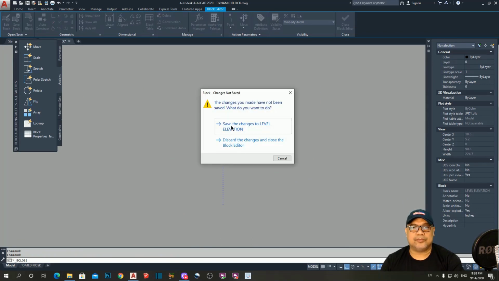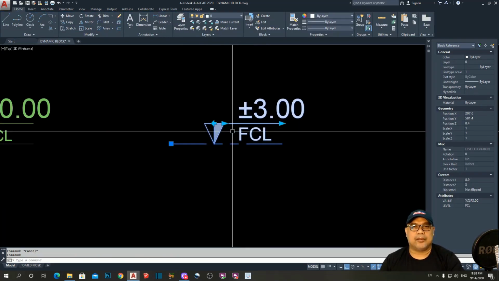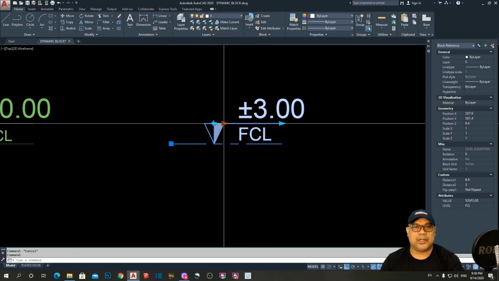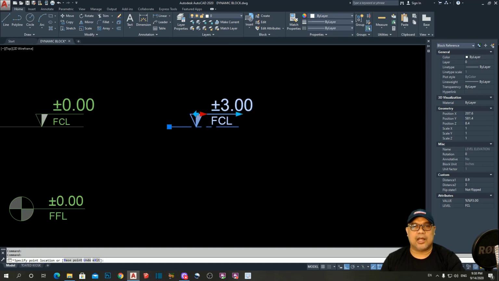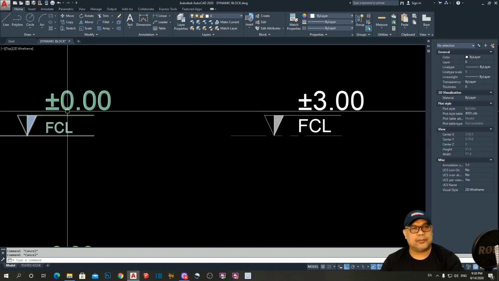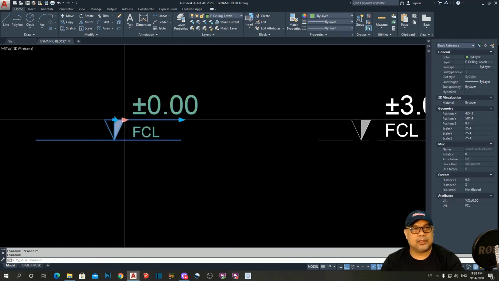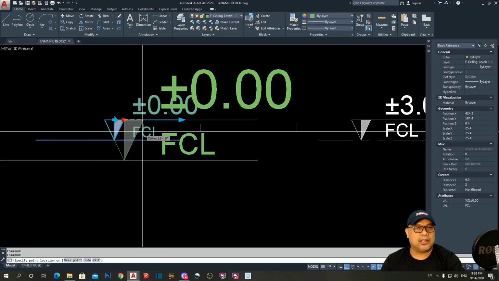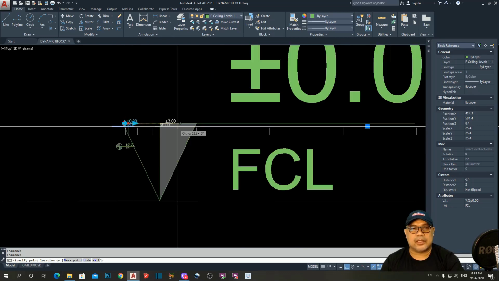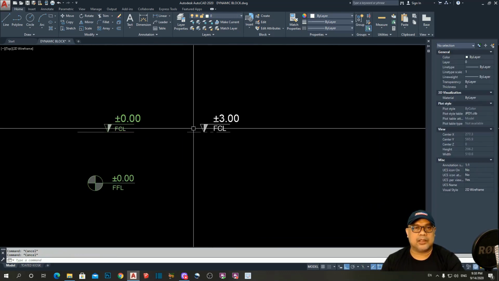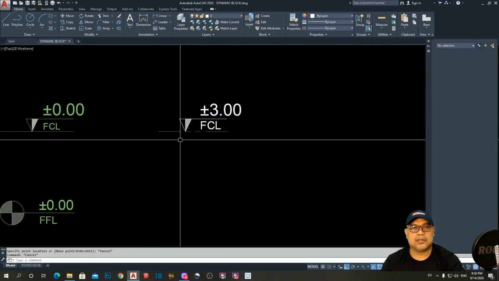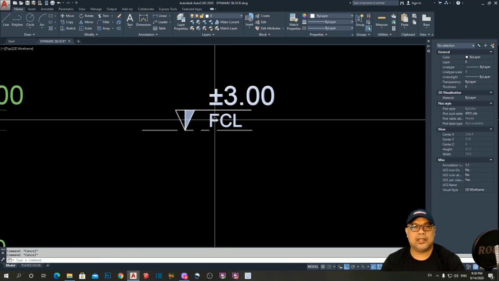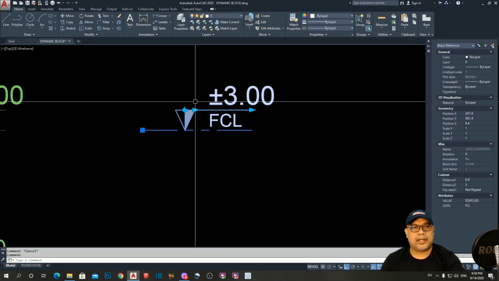block editor. Okay, but in the scale action, this one, it's indefinite. We cannot control it. Now unlike this one, see, it stops here and here according to the scale that we need. But unlike this one, the size is uncontrollable. So to apply this one, again, go to block editor,